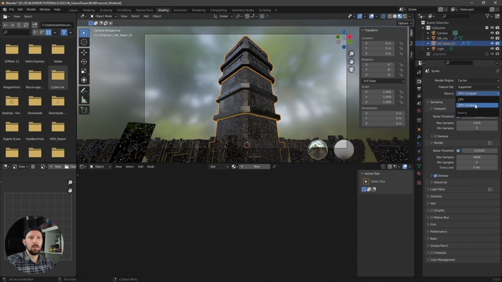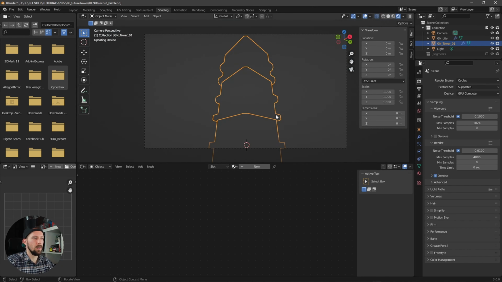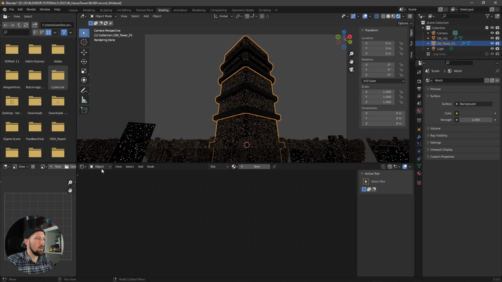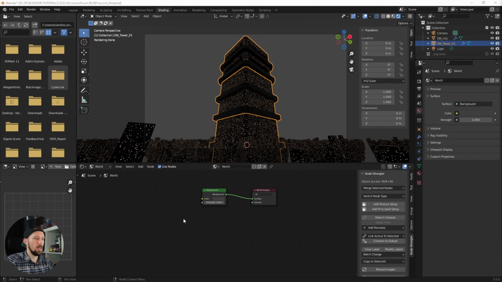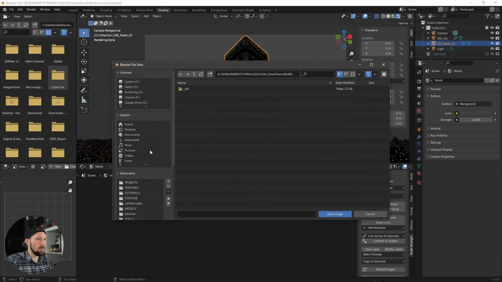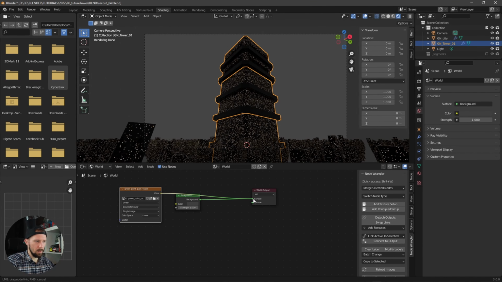Let's select GPU compute and go into rendered mode. And now let's have some fun. First of all, let's add an environment or an HDRI. For this one, I downloaded an HDRI from HDRI Haven, and let's search for an environment texture and open this one, Greenpoint Park. I will link this one in the description. Put this one onto the surface,